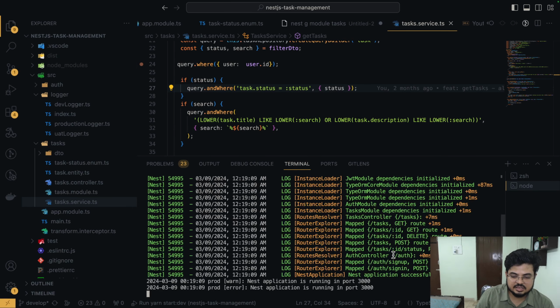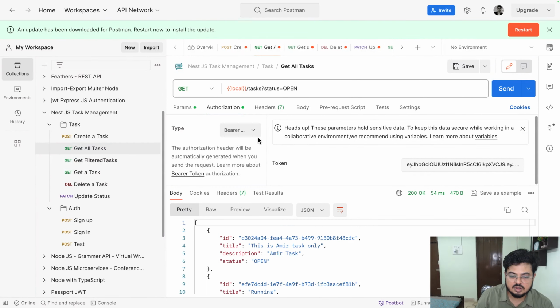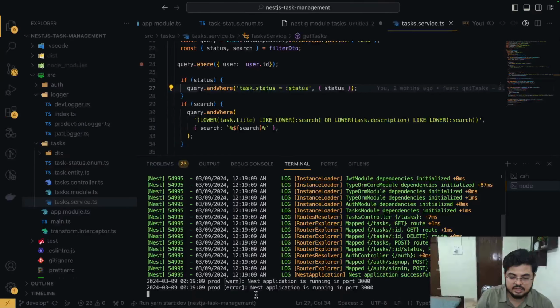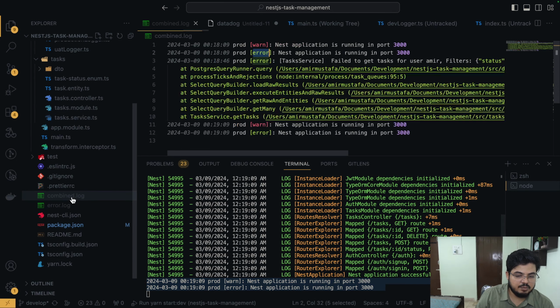This is the green case, when everything is working fine. What I'm trying to show you is that earlier we were seeing logs printing, this time we will not see any of those logs. So in production we have set it to only warn and error, like this time an error came, then only it printed, otherwise it will not. So if we go to combined,